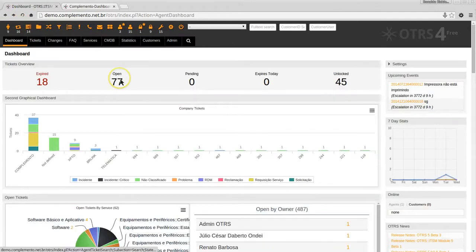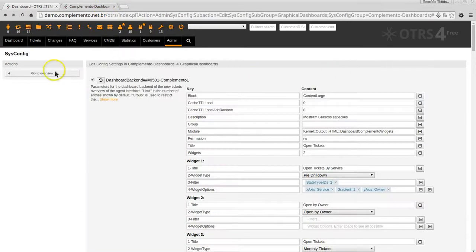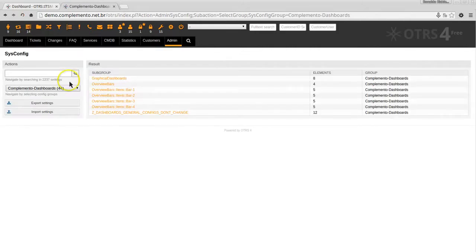And here we have 77 open tickets. Here we have 45 unlocked tickets, or in other words, tickets that are available in the queues and no one is the owner of them, right? And all those KPIs are configurable, right? So here in the Complemento Dashboards configuration,